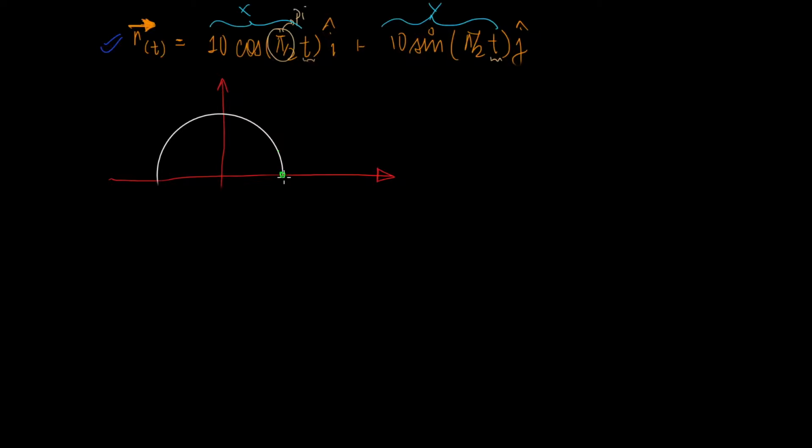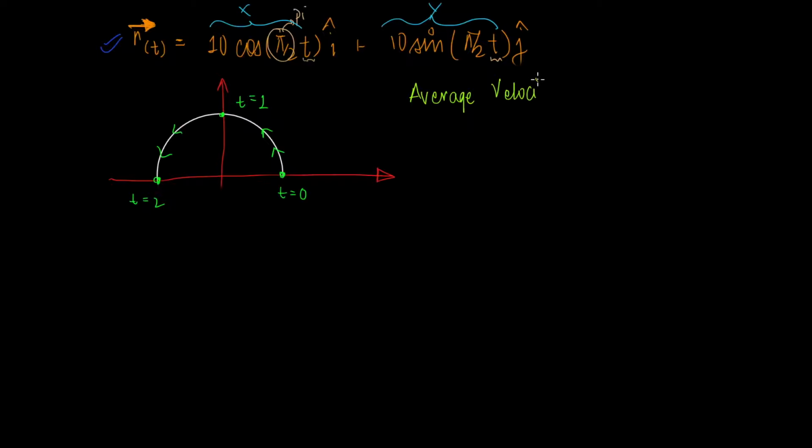It starts from this position here, goes like this, ends up at this point, goes like this, and ends up at this point at time t equal to 2. So this is at t equal to 0, this is at t equal to 2, and this is at t equal to 1. So you have three positions at which we have evaluated the position vector, and that's the motion of the particle. Now let's tackle average